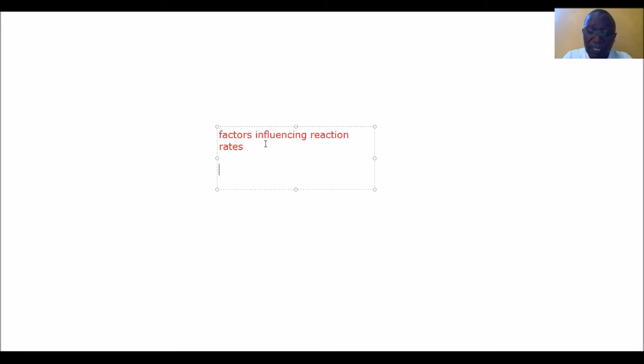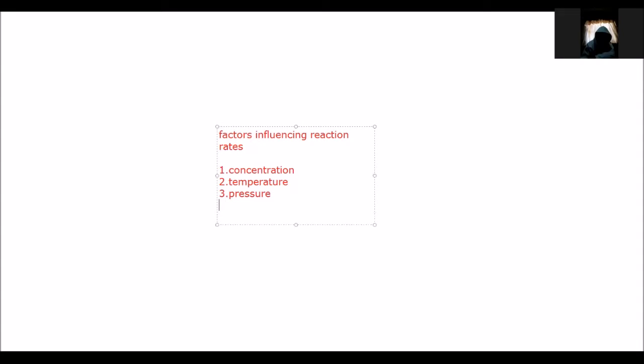Those factors include concentration. Number 2, temperature. Number 3, pressure. Number 4, surface area. Then lastly, we have catalyst. Those are 5 factors that influence the rate of chemical reaction. I want to look at each one of them in detail, and then I will explain how these factors